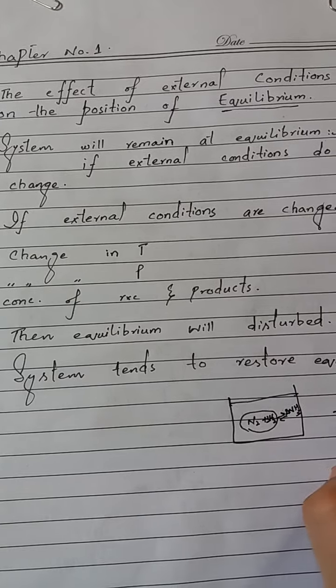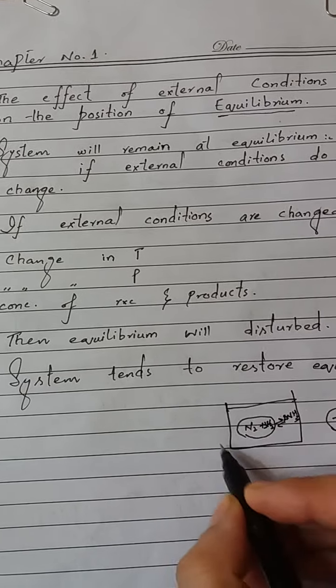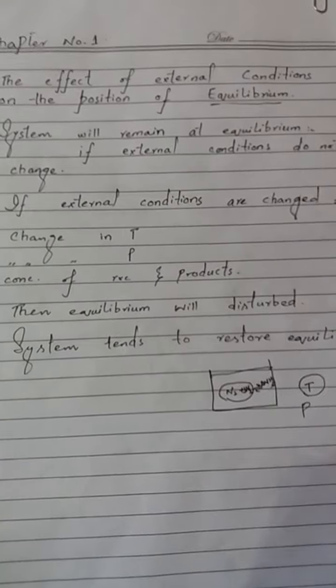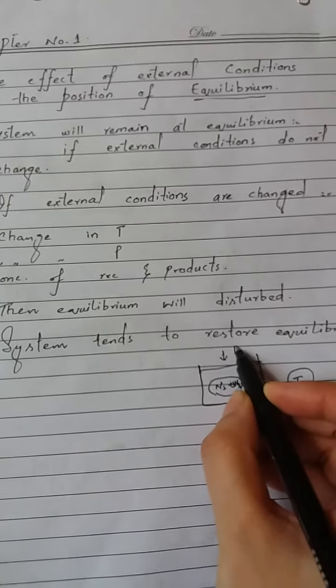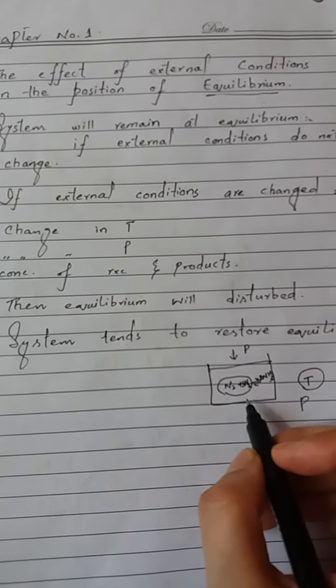If the temperature of this system changes, the system again tends to restore the equilibrium. If the pressure of this system changes, the system will again tend to restore the equilibrium,